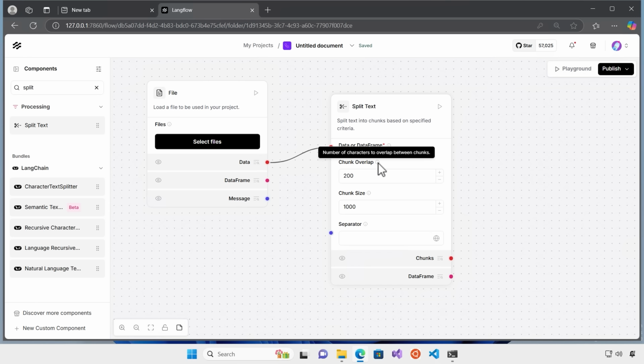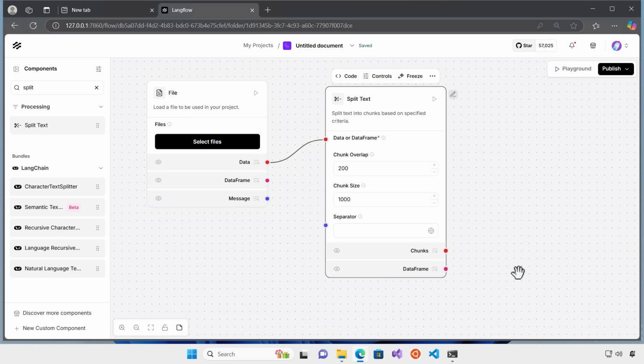For example, the chunk overlap means the number of characters to overlap between the chunks. So basically this is how I can split the text, and the next step, when the split is done, is the embedding. But before all of this, let's give it a try. So we already